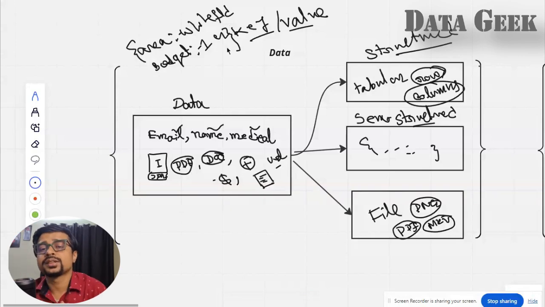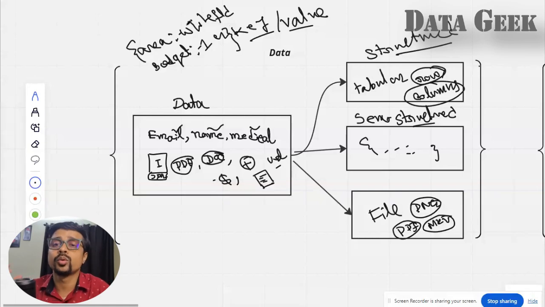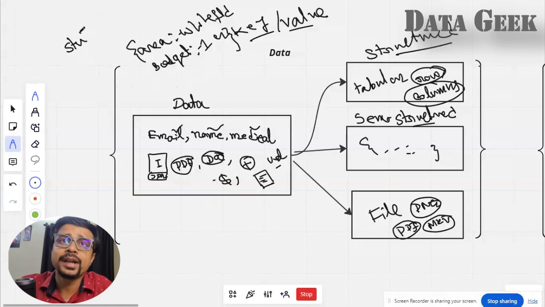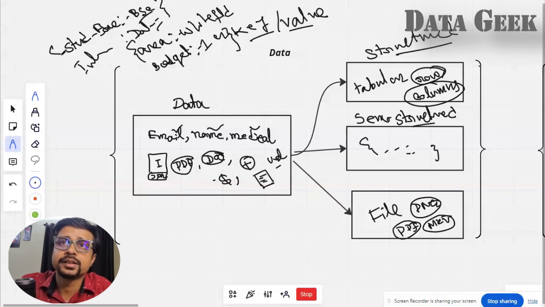Now I am someone who is selling courses. I want students to enroll in my courses, or I want to capture the interest of students. How do I do that? I'll be capturing the student's education. Let's say this is the student education. This is my key, and on that key I'll be capturing student education. Let's say it's BSc. Okay, and student interest. Let's say it's data science, his interest.